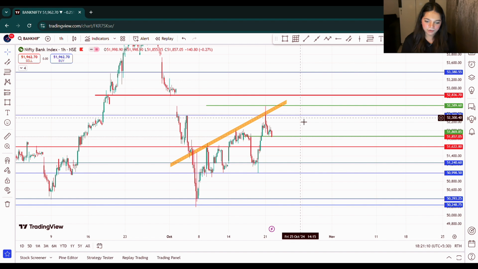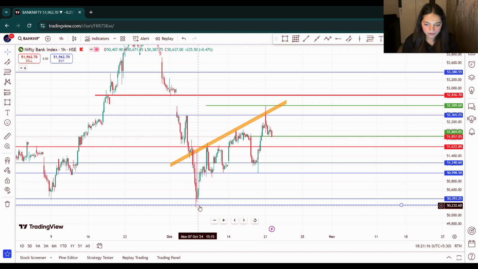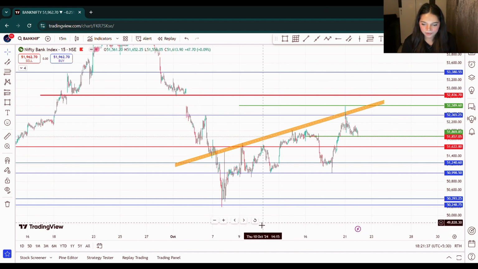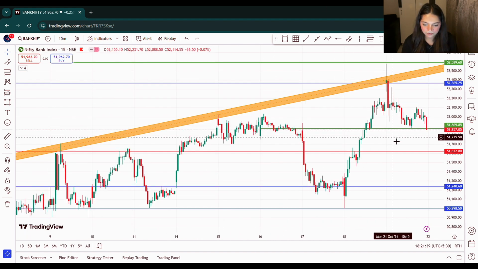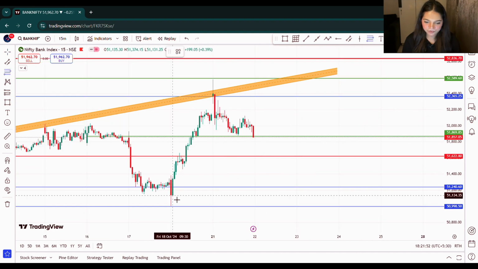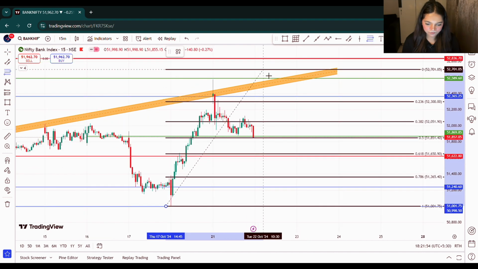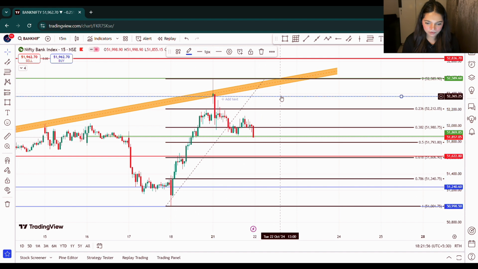So 1, 2, 3, 4, 5. So it is creating a lower low. In 15 minutes again, it's creating a lower low. And if you use a Fibonacci over here, see, 0.5 is 0.6, yeah,